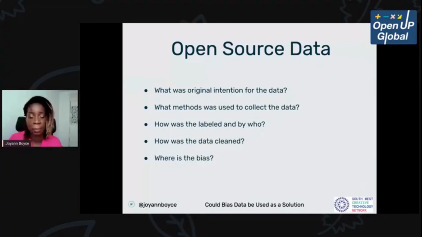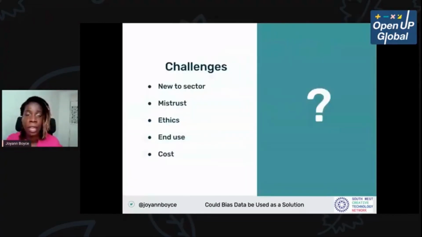Because there will always be bias. In my research thus far, I have found quite a few challenges. Being new to the sector has been one. I don't know machine learning. This was all new to me, but I very much wanted to understand how this could be used to benefit those